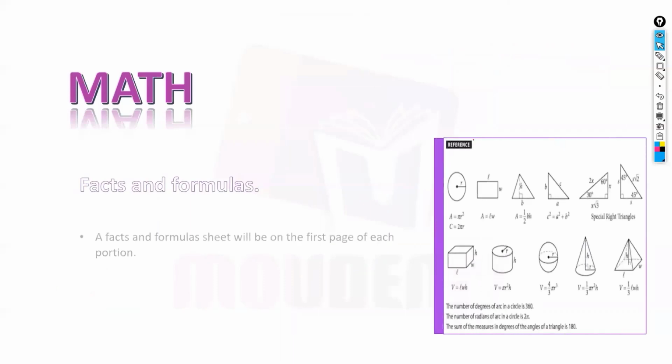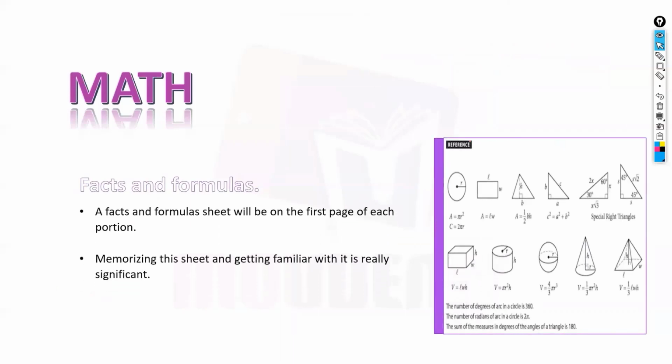Let's move on. Facts and formulas. A facts and formulas sheet will be on the first page of each portion. Memorizing this sheet and getting familiar with it is really significant. So you see these formulas, how you compute the area of a rectangle, of a triangle, of a ball shape, a cylinder, for example. All these areas and volumes are present. The formulas are present. There is no need to memorize, but